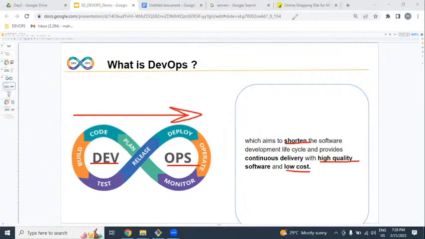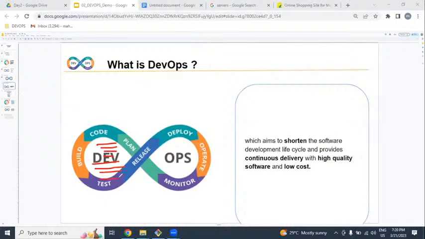I'll repeat one more time, listen very carefully. DevOps is a process which we are going to be implementing from the dev environment to operations. In the dev environment, developers keep on writing lines of code. This code we make into working software. We are going to be delivering it into hundreds of production servers.